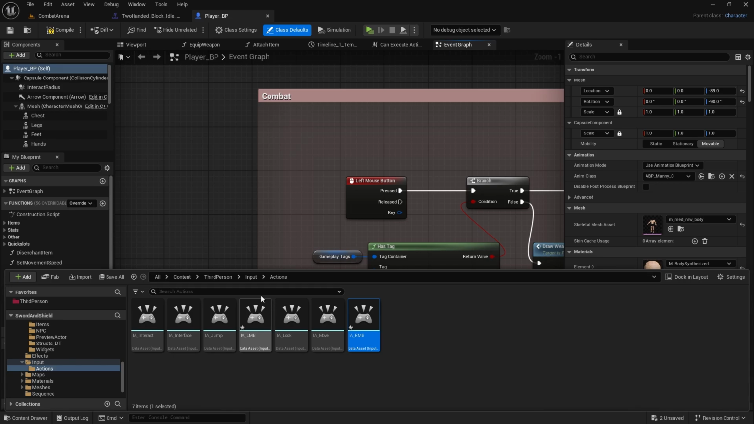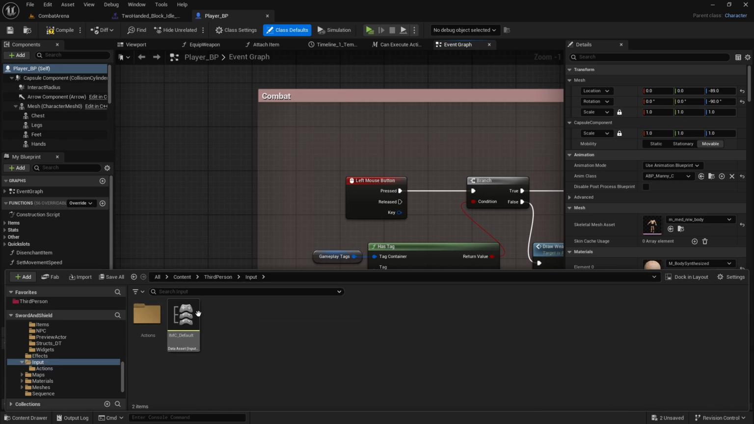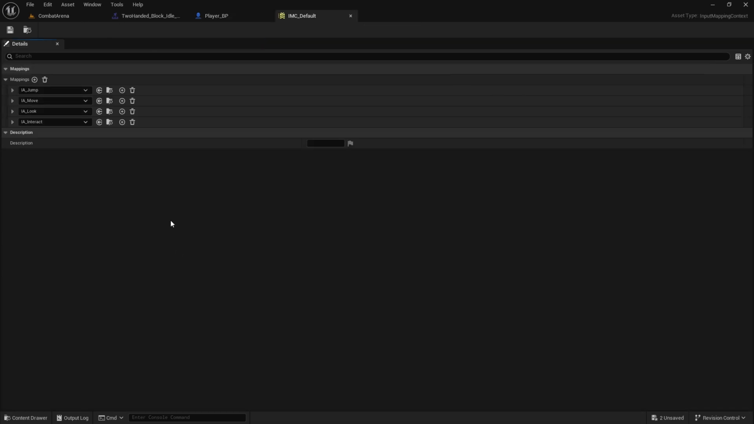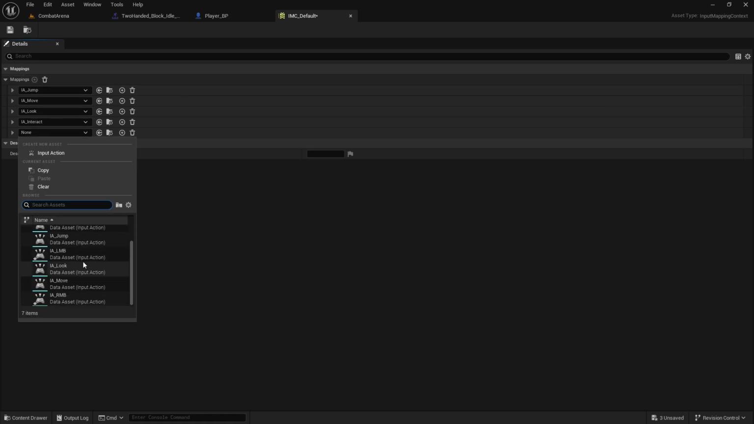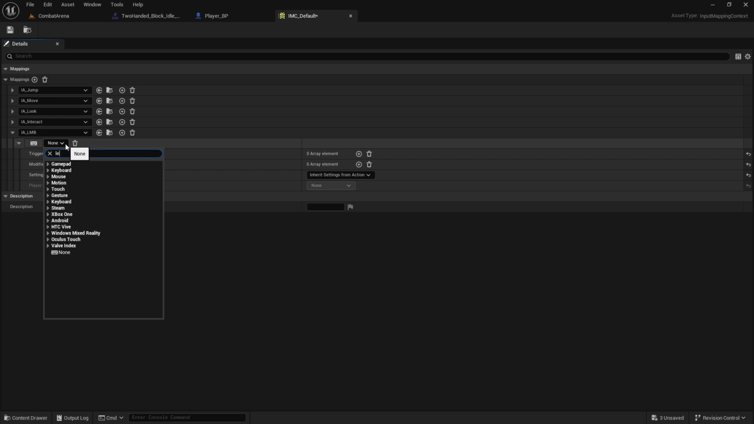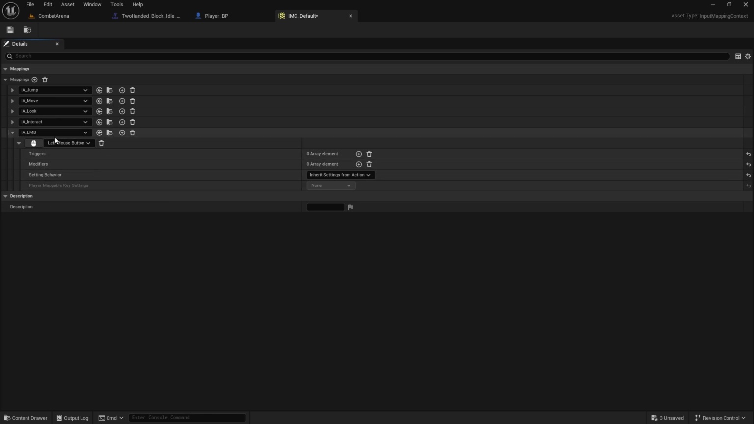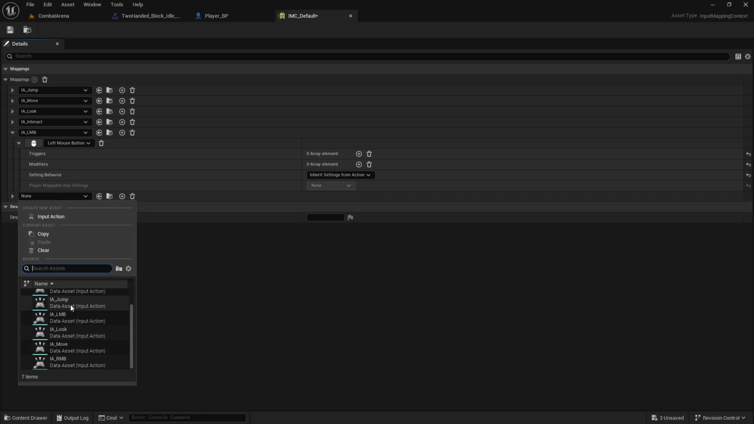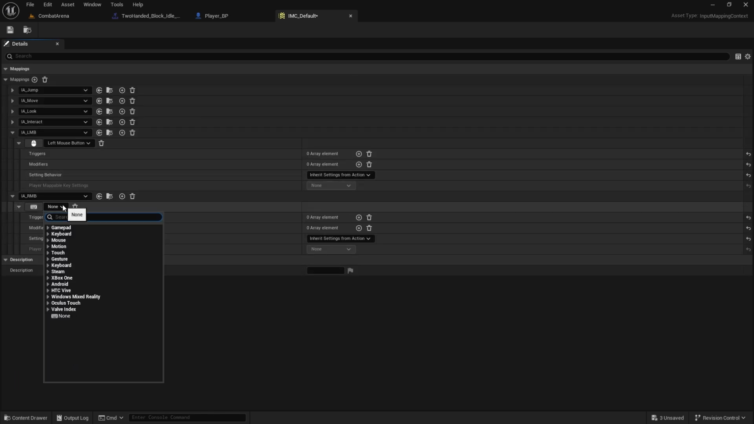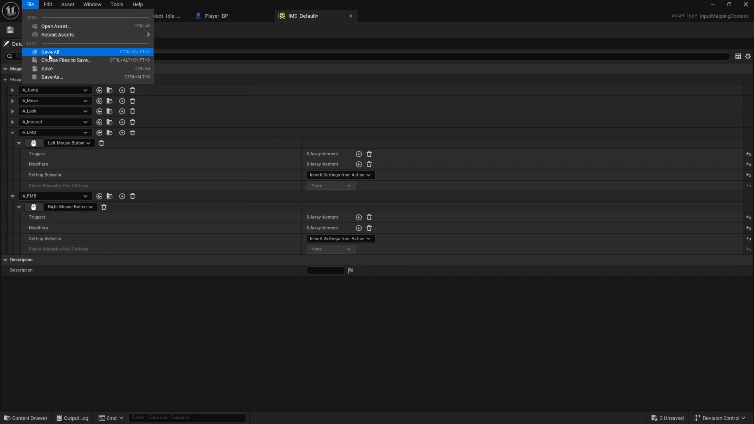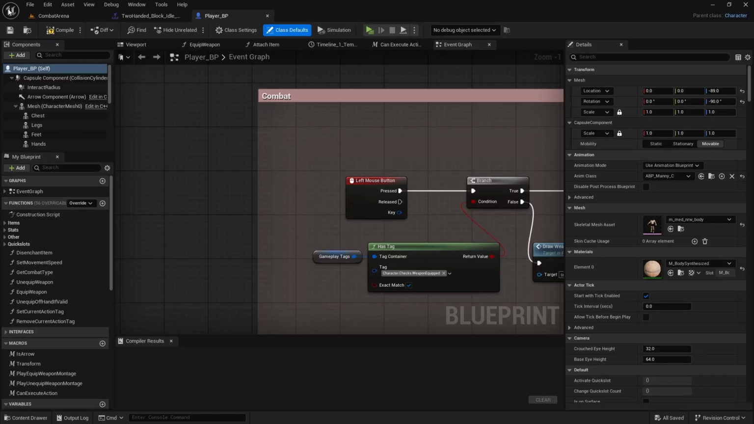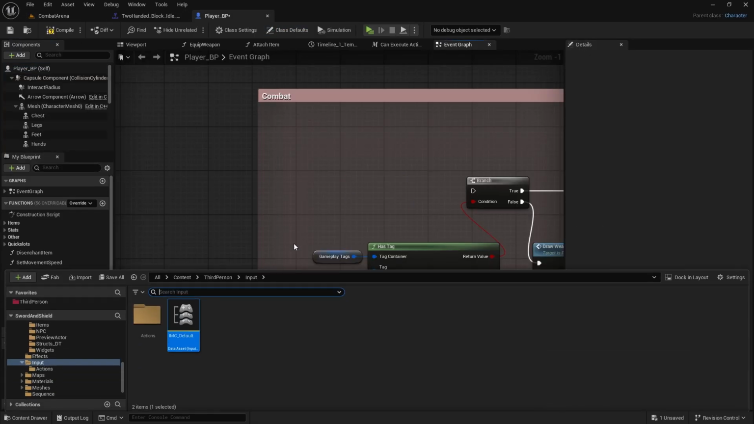We don't really need to change anything there, we just need to go to input, and in these mappings we're going to create a new one. This will be our left mouse button, and here we need to select left mouse button, and add one more mapping, and this will be RMB, and we need to select right mouse button. Save all. We can close this, and now I'm going to replace it, so delete this one and just drag out the LMB action,